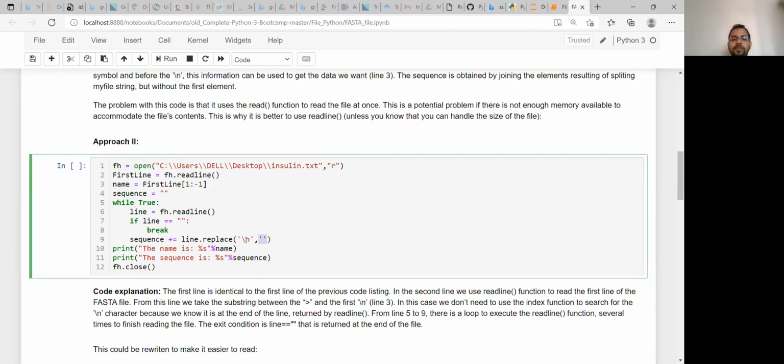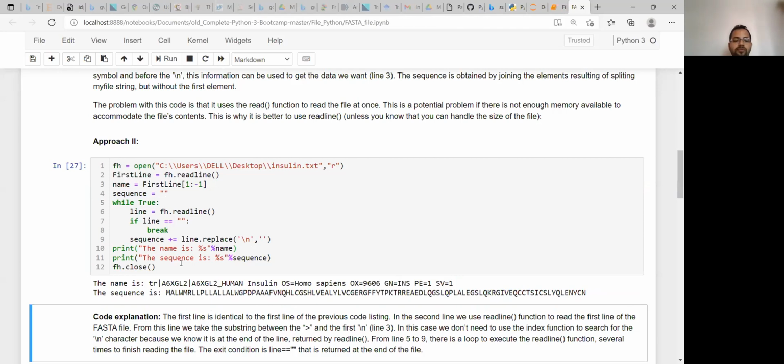Okay, so this is a command, and for this sequence you are obviously taking another variable to hold it, so you need to specify that beforehand, otherwise you will get an error that it is not defined. That's why you are taking this blank variable, so that the line can be stored in that variable in future. Now if you print this, you will get the name as well as the sequence, exactly similar to the first one. You can see that it is done.